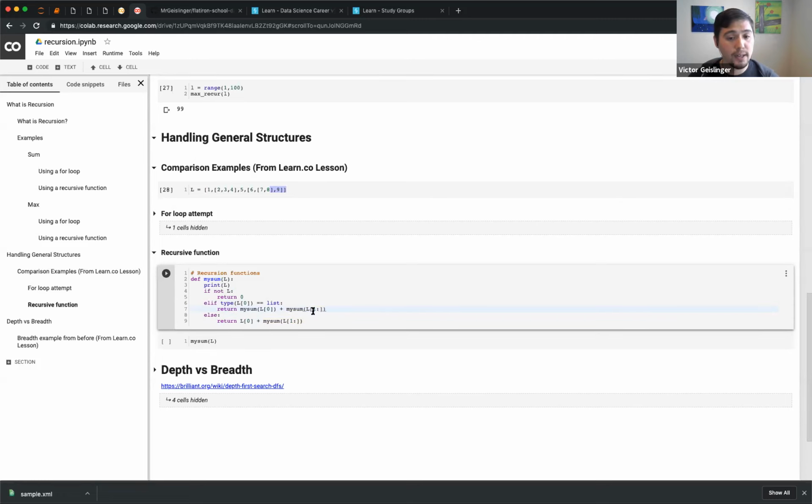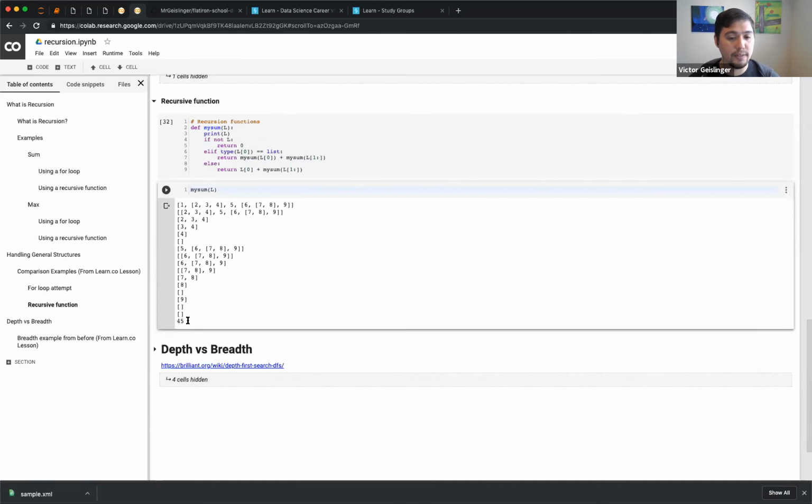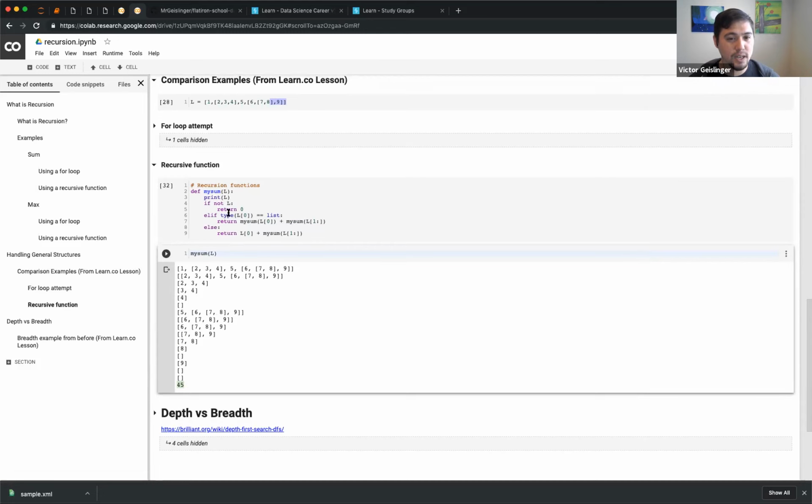And essentially just adding this one part right here, I now am able to look for a list within a list. So I added this extra part in here versus having to do the whole for loop. Now if I run this, I can actually find the sum, which we'll find out is 45. And you can see here, this is just the structure. It's printing out the list.